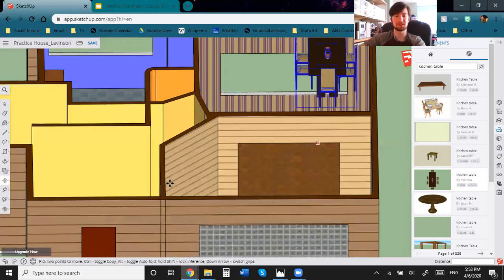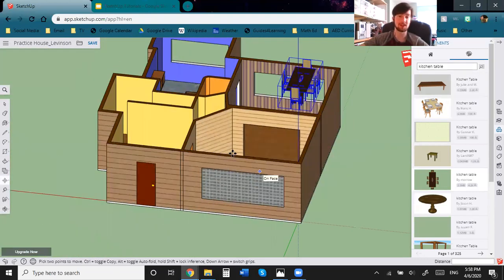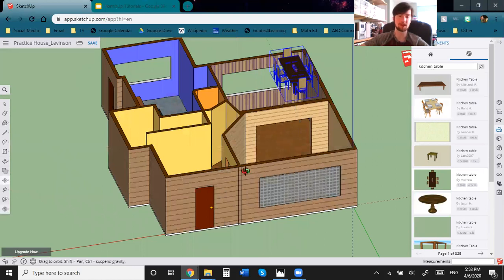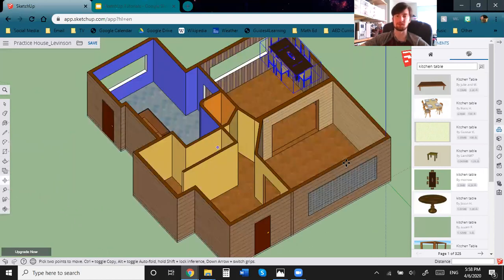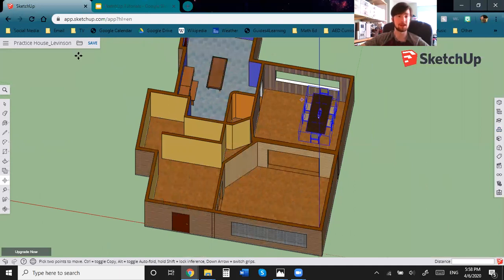So anyway, here you go. That's generally the idea of how you would make a house in SketchUp. Start with the floor plan, extrude the walls, add materials, doors, windows, furniture, make your own furniture, insert some from the 3D warehouse that other people have put together. Otherwise, let's save, and